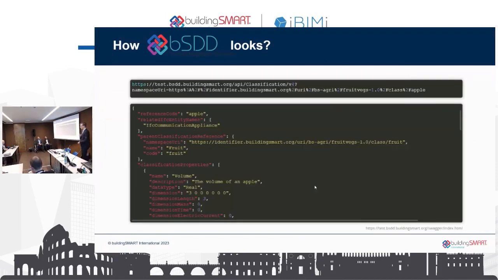But this is also how bSDD can look. This is what software sees. And in my opinion, bSDD shouldn't be known to everyone. I think people should benefit from it, but not necessarily everybody has to know about it, because this is our database that we share. This is the database where we can put metadata, concepts, properties, and software can draw from that database. So this is a sample API request.